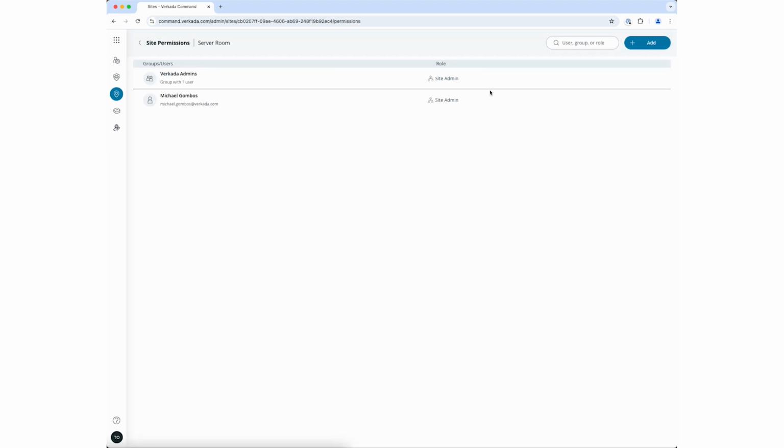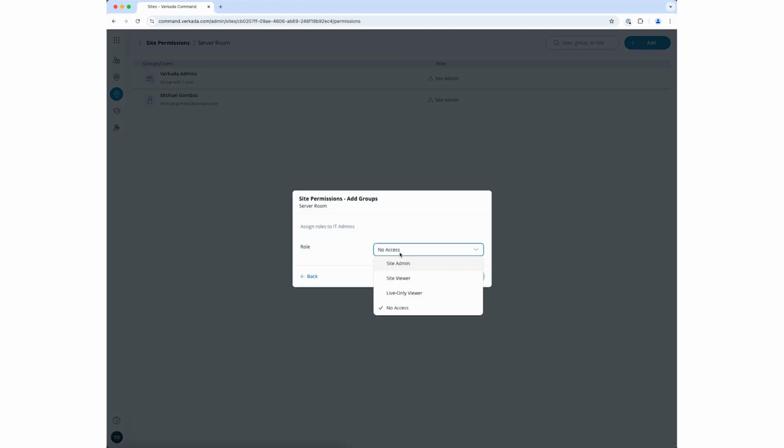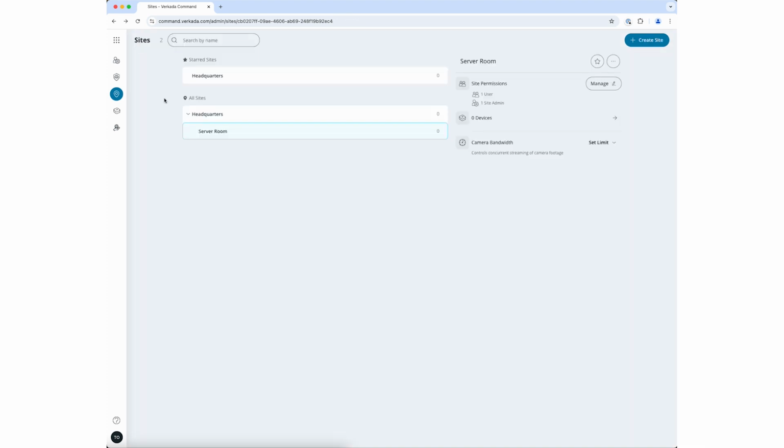Notice that the site admin role for the Verkada Admins group has already been inherited from the parent site. I will click Add, click Group, select IT Admins, add IT Admins, select Site Admin, and click Add. Note that Site Admin is a very privileged user role and is not appropriate for every user. Permissions will be discussed in greater detail in the User and Group Permissions video, linked in the description. Using subsites is helpful to grant permissions to certain devices to certain users, while allowing your more privileged users access